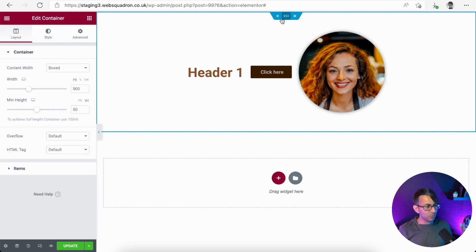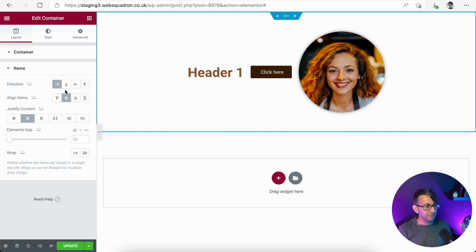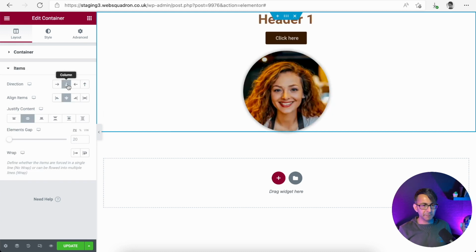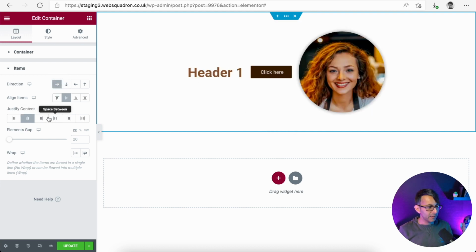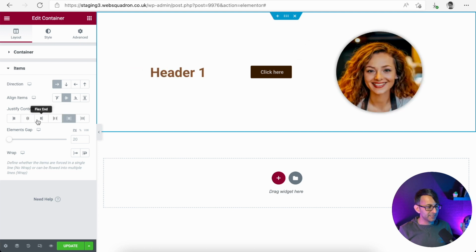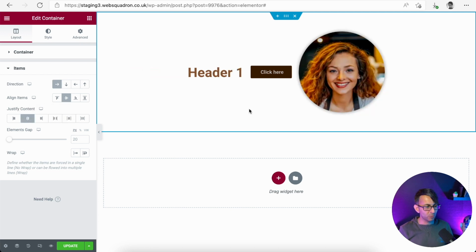And this is where you might go, well, now I've got a little bit of a problem here, because if I go to the item, I want it to be below, but I want the button to be to the right of the header. Well, what's going on here? How do I do that? And then you're going to start to play around with these settings, and you're going to go, well, it's now not doing what I want.